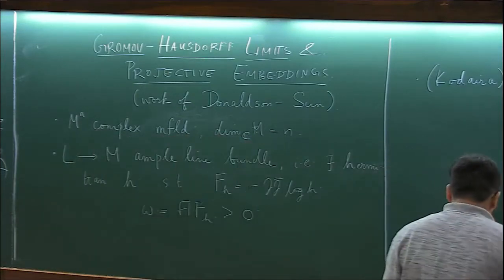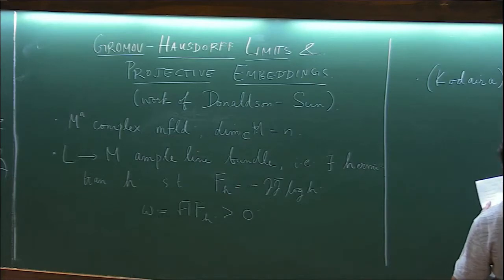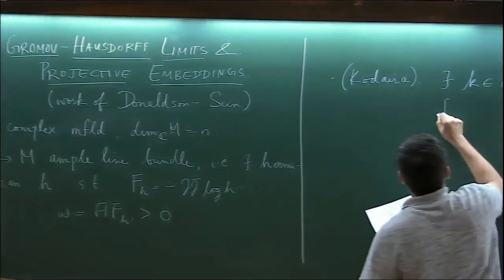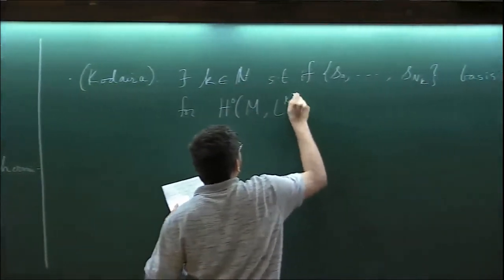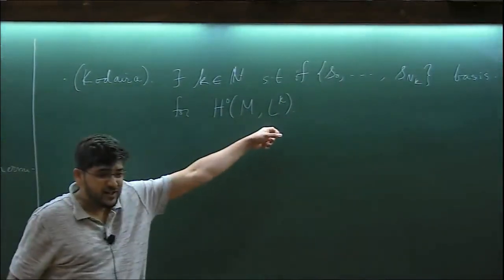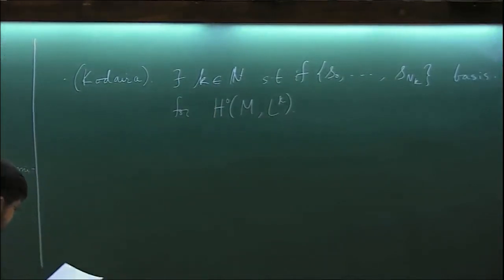And more precisely, what this says is that there exists a natural number k such that if you take a basis for H^0(M, L^k), which basically just means the space of holomorphic sections of the kth tensor power of L,